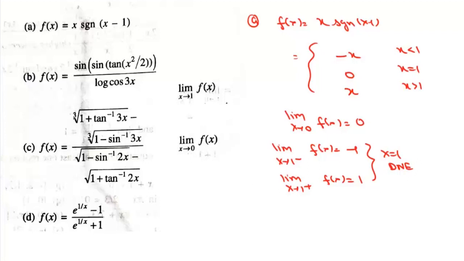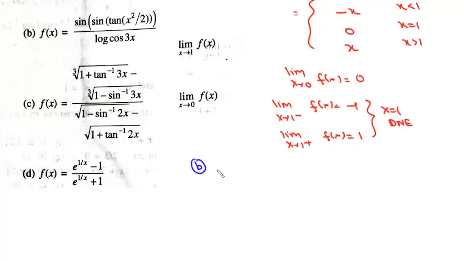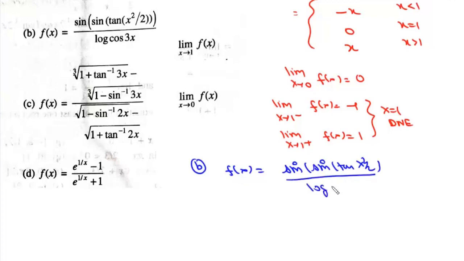Now, if we look at this b, then we are given this function f(x) as sine of 10 x square by 2 upon log cos 3x. Now, if we take this limit x tends to 0 f(x), it will be 0 upon 0 form, and if it is 0 upon 0 form,